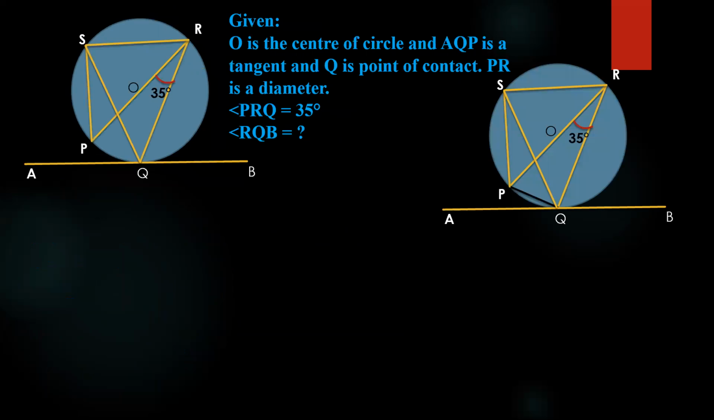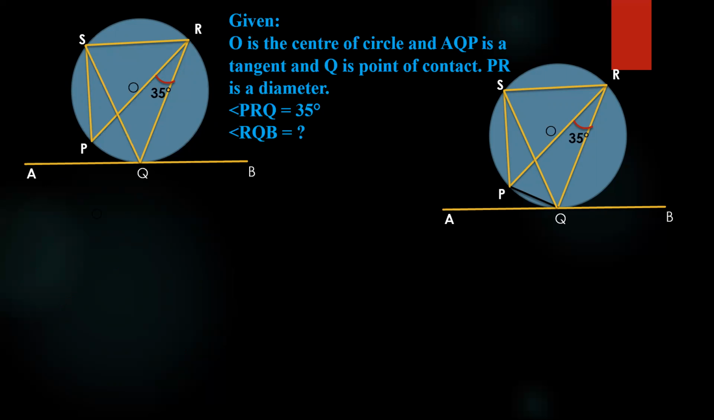Okay, now let's look at one more problem. Here O is the center of the circle and AQB. Okay, I've written here P, so that is B. Just remember AQB is a tangent, and Q is the point of contact here. Now PRQ is given as 35 degrees, and we need to find out